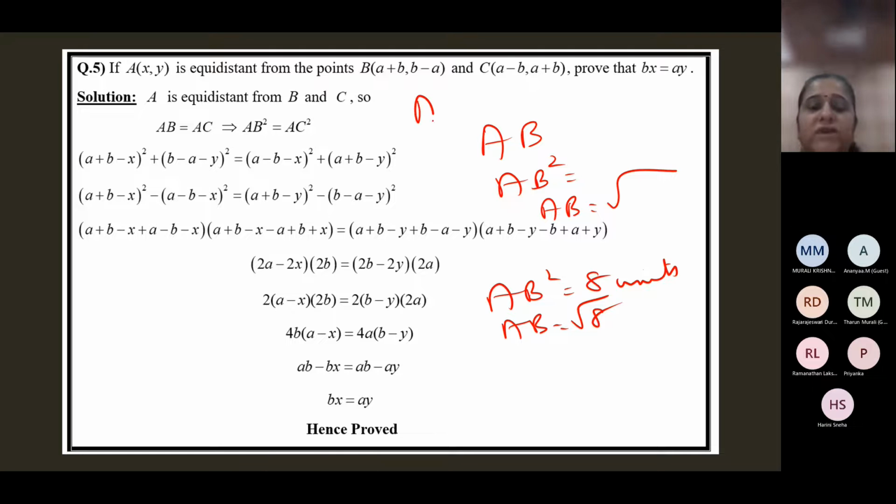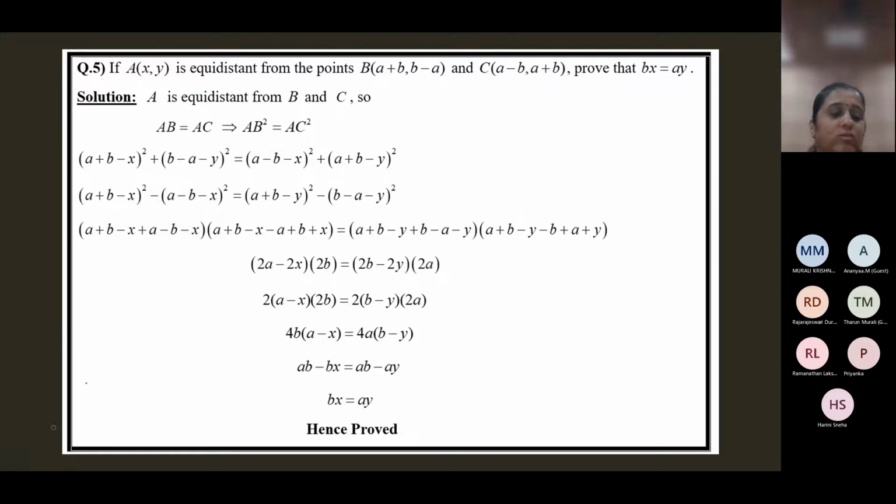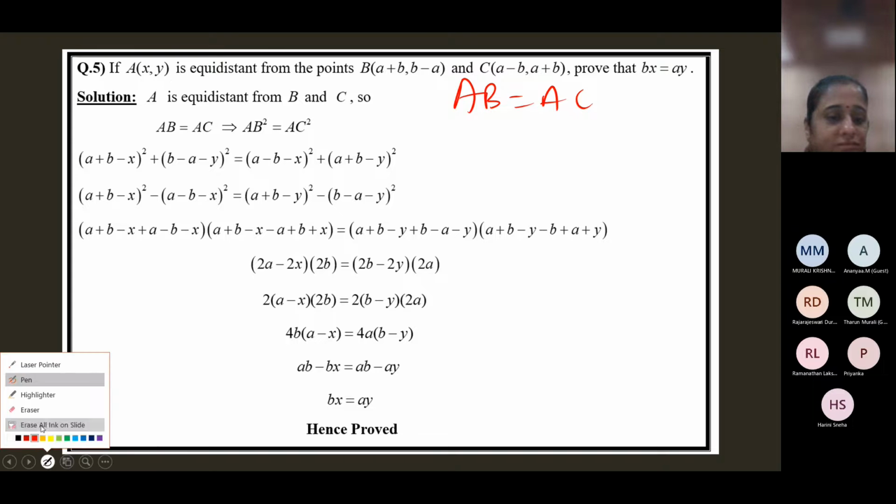When it is simply only one line segment AB, don't square it. You will apply it using this. Now, since it's an equation, you can square on both the sides. AB is equal to AC, it's a condition. You square on both the sides, you will get AB square is equal to AC square. So you can write the formula without the square root symbol. So you can see here, AB is equal to